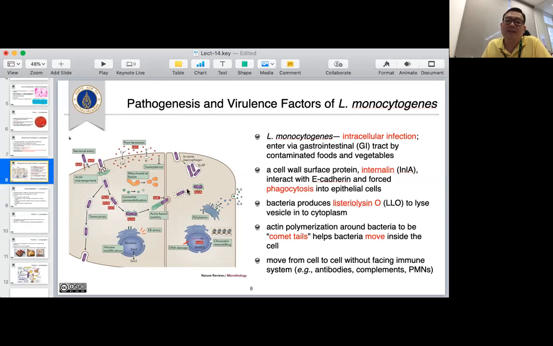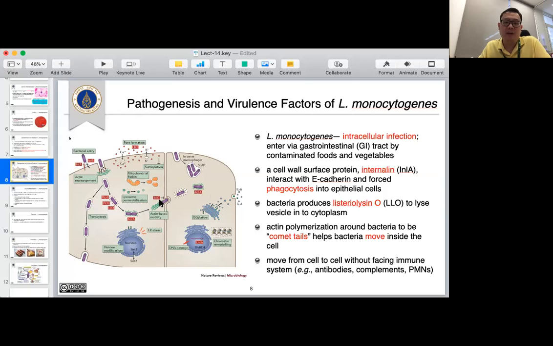And bacteria lyse the double layer membrane with listeriolysin O and go to another side. Bacteria can pass through the epithelium to a deeper area of the intestine. And if the bacteria pass through the layer of epithelium,